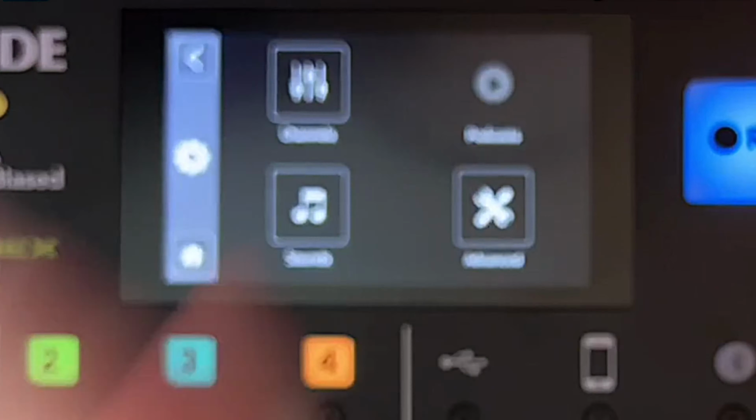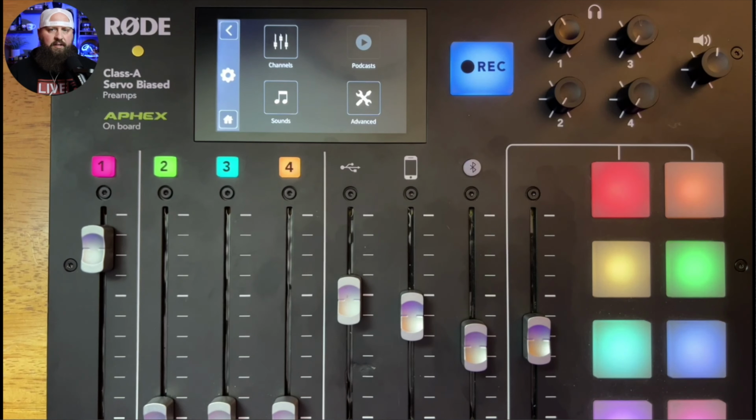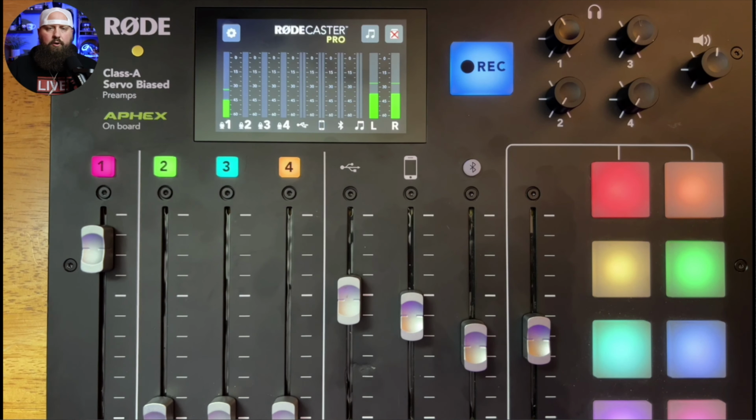So we'll back out of here, and that is it on the Rodecaster Pro. Those are my settings. So you can take those, again, screenshot those, try those out for yours. I wanted to keep this very short because I want to make this just a, hey, these settings work for me kind of video. Okay, so quickly I want to show you the software also,